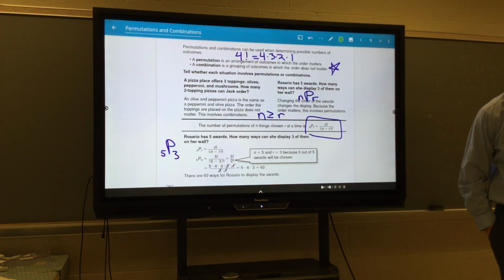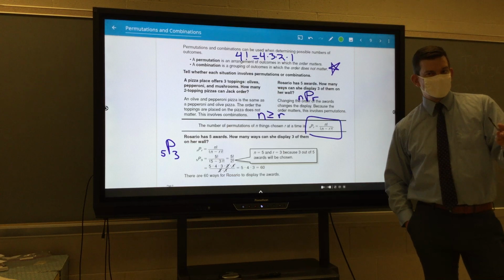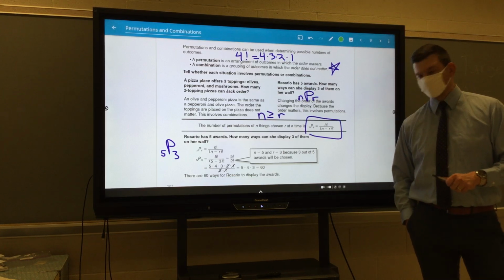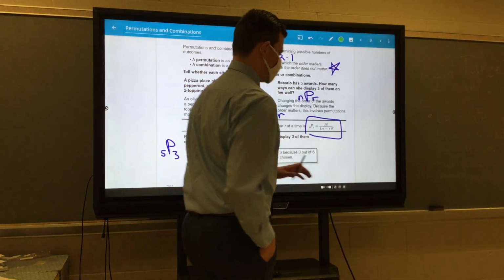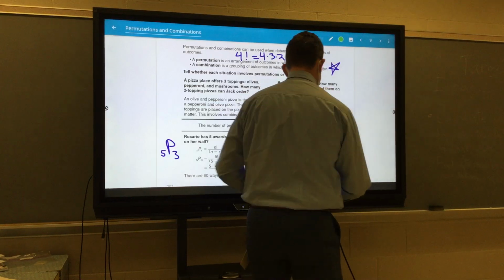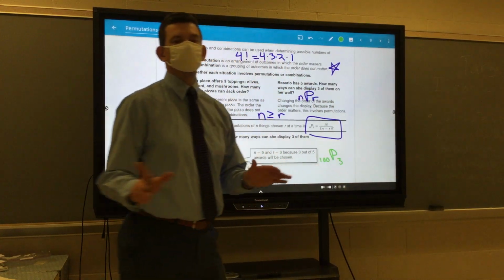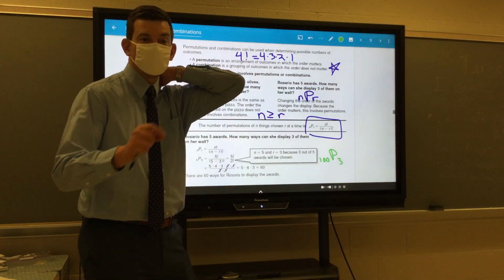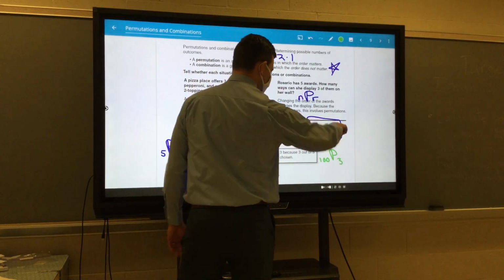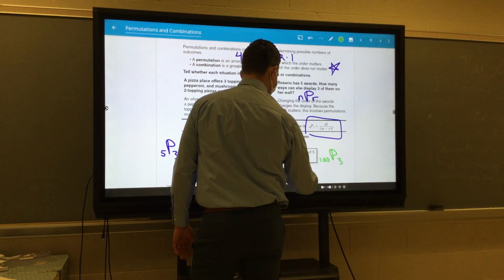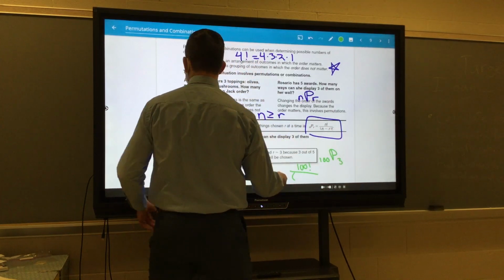I will say that it's not an issue with the newer calculators, but some of the older calculators, if you were to do a large permutation, sometimes it would give you an error message that it could not be done. For example, let's say we had a permutation of 100 choose 3. So 100 different options. We only want 3 of them, but the order does matter. Well, the way the calculator does this is it starts to do 100 factorial divided by 100 minus 3, so 97